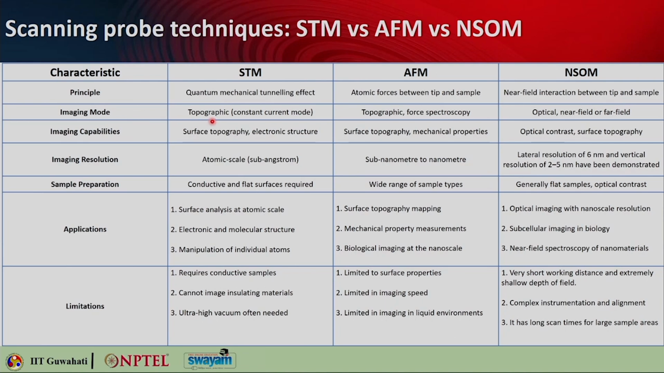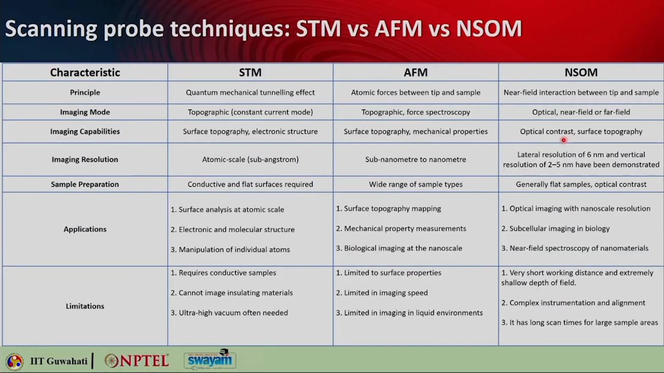Now, what are the imaging methods? It is topographic for STM, where the constant current mode is maintained, and for AFM also it is topographic, and you basically do force spectroscopy, you measure the force across the sample, and for NSOM it is basically optical, you measure the near field or the far field. Now, what is the imaging capability? You can obtain surface topography and electronic structure using STM. Same, you can get surface topography and some mechanical properties using AFM, and you can see optical contrast and surface